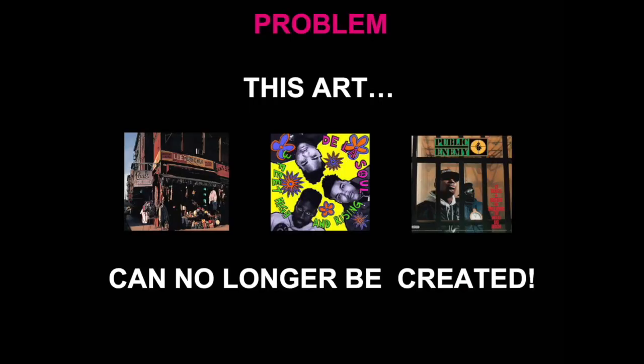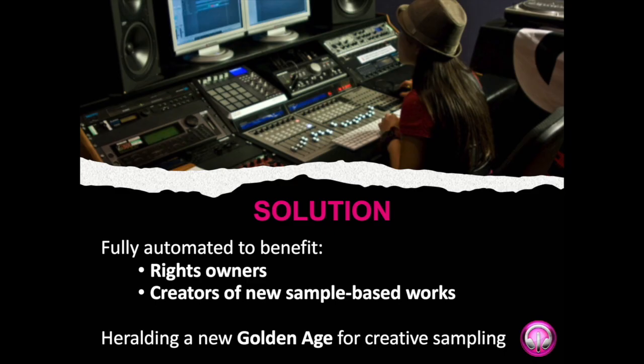What if music sample clearances could be fully automated? With the frictionless production workflow heralding a return to the late 80s and early 90s golden age of creative sample-based music making, MashUp is a music sample clearance solution that enables rights owners to generate royalties with unprecedented transparency, while producers of new sample-bearing works can avoid expensive, unpredictable and time-consuming negotiations.